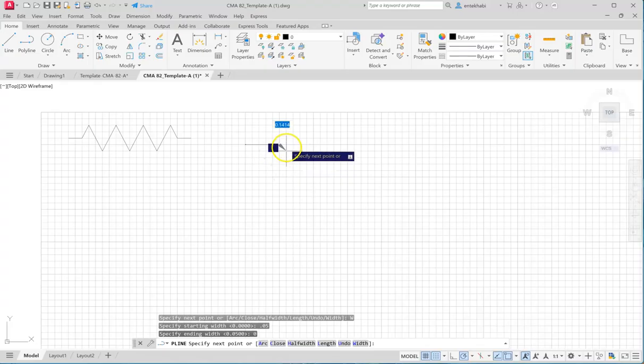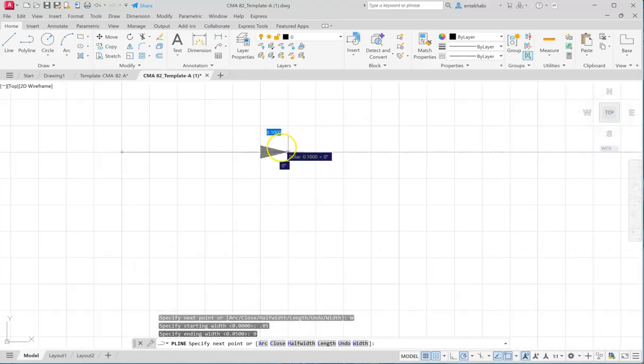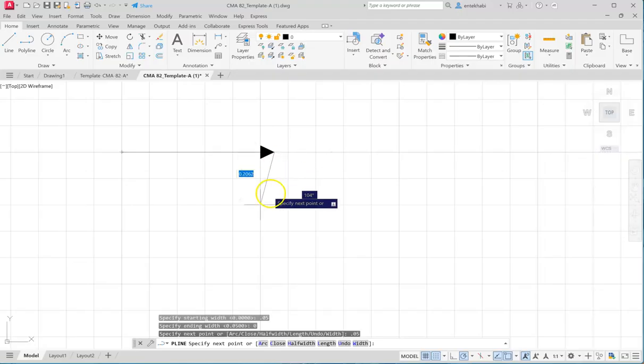So that gives me something to work with. Now for the next one, I just pick that one. I'm also going to type 0.05. This way it is some kind of equilateral triangle rather than what we call isosceles. So that's very similar to that.